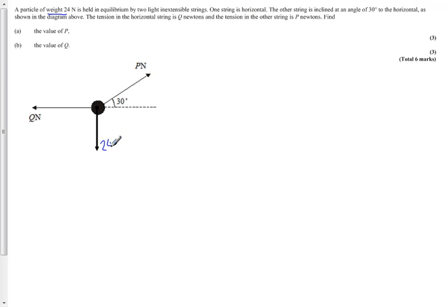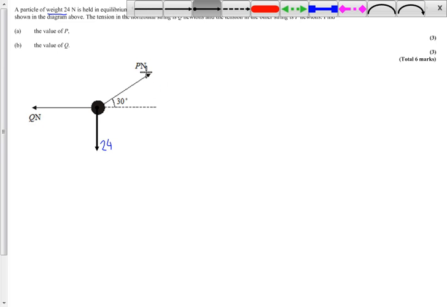24 acting straight down. There's a force P acting at an angle and a force Q acting horizontally to the left. So we can see this particle is in equilibrium, so all the forces must balance each other out. So let's look at horizontal components and let's look at vertical components. And then the only force that's really irritating us is really this